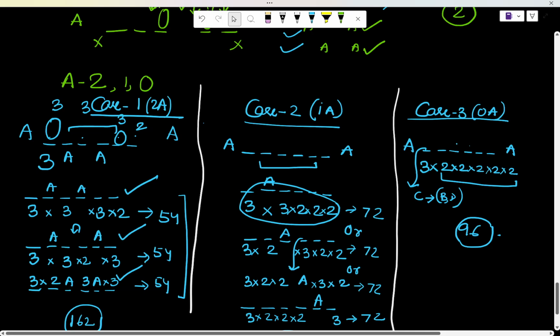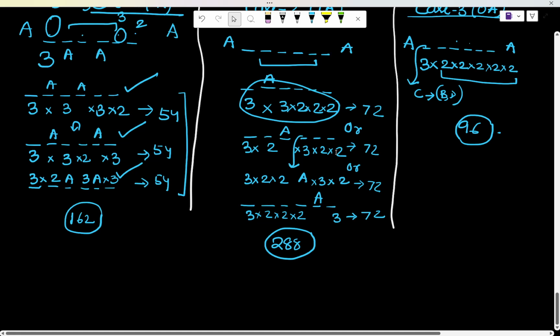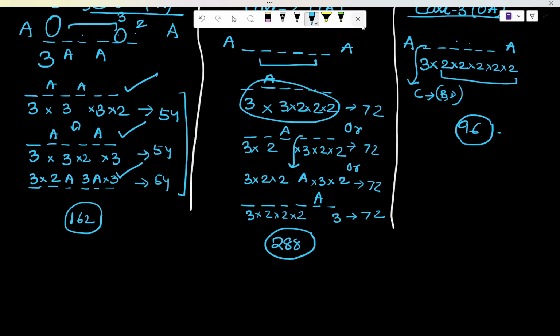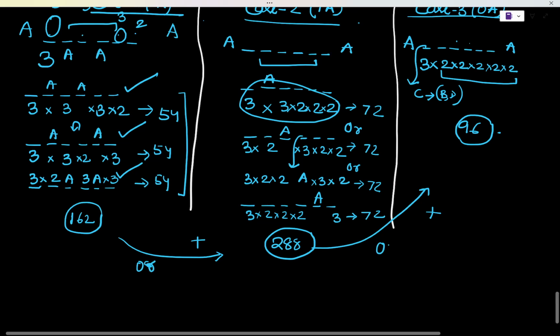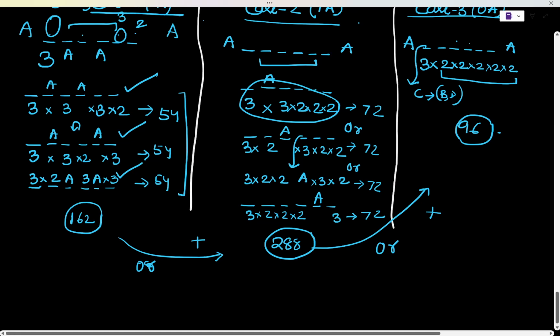That is, either we have 1A or we have 2A, or we don't have any A at all. If we add that up, we get the total number of solutions. So this is this plus this plus this. Either it is a 2A case, or it is a 1A case, or it is a 0A case. Hence we add all the possible combinations and we get